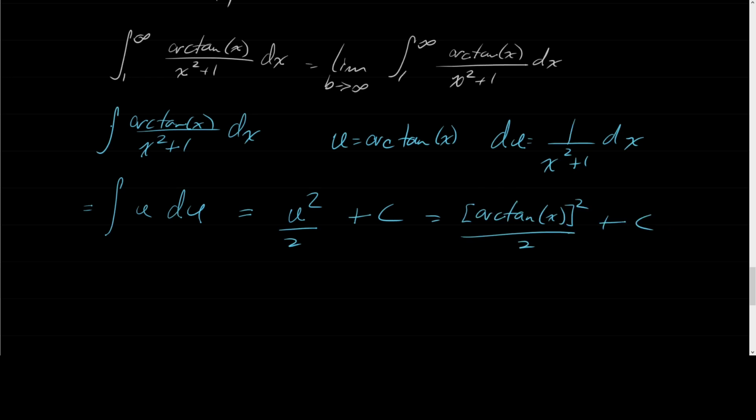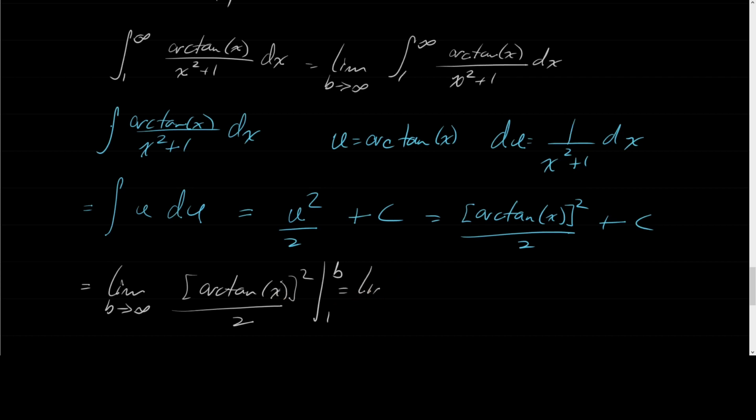But that was without the bounds. So now let's look at the integral with the bounds. So now I'm going to have the limit as b goes to infinity of arctan of x squared over 2 evaluated from 1 to b. And now plugging in our bounds, we end up with the limit as b goes to infinity of arctan of b squared over 2 minus arctan of 1 squared